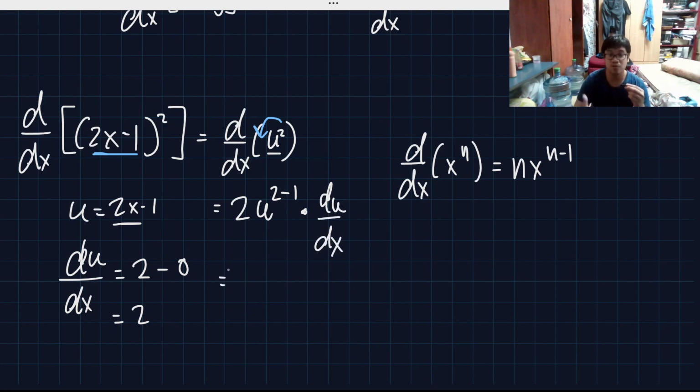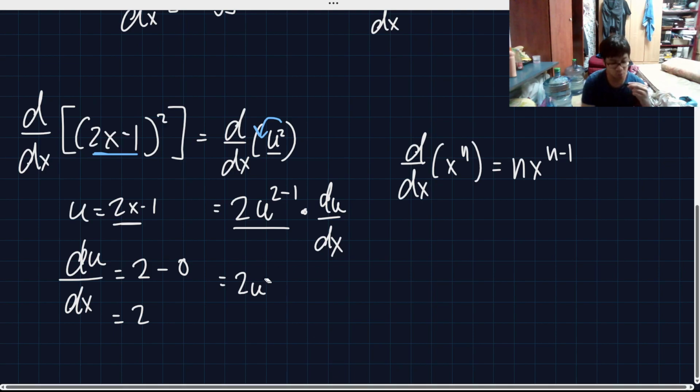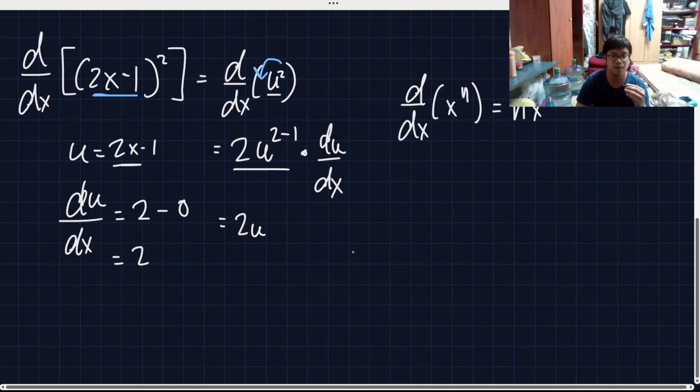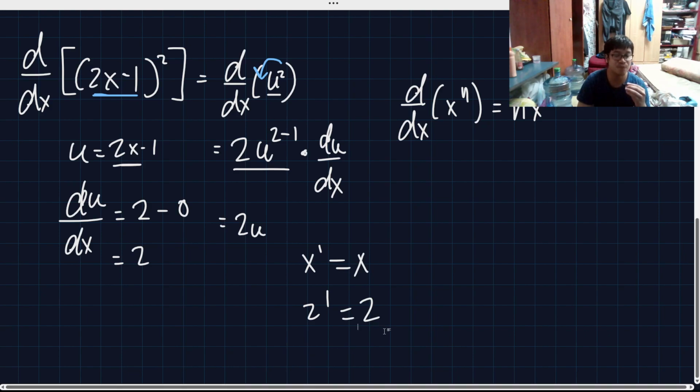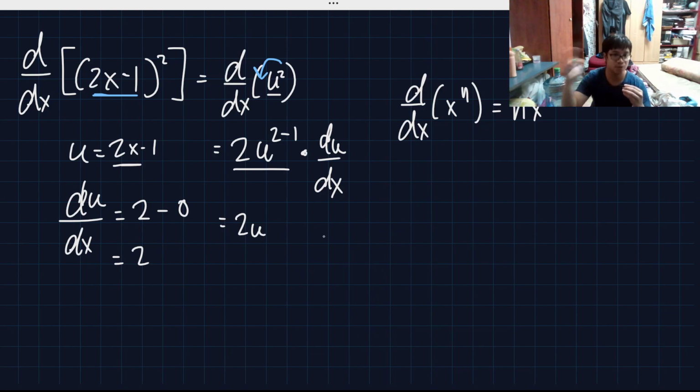Then now, what we're going to do is combine and substitute. Here, let's combine first this one. So we have 2u raised to 2 minus 1 is 1. Okay? So you have u raised to 1 or 2u. Because remember that anything raised to 1 is just the same as having no exponent at all. Let me show you, all right? x raised to 1 is just the same as x. 2 raised to 1 is just the same as 2. All right? 1 is an invisible exponent. Okay? So therefore, we can just write u instead of having u raised to 1.